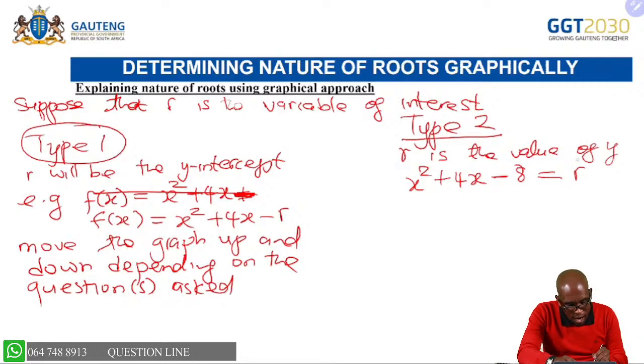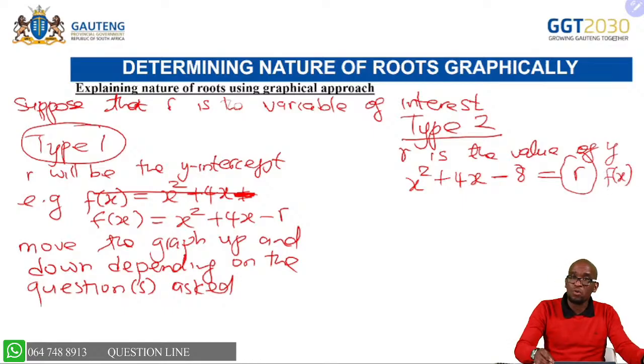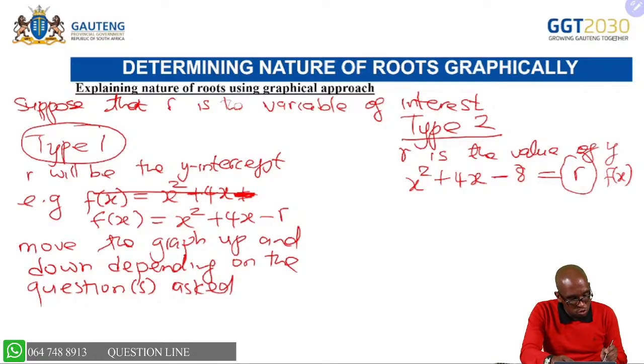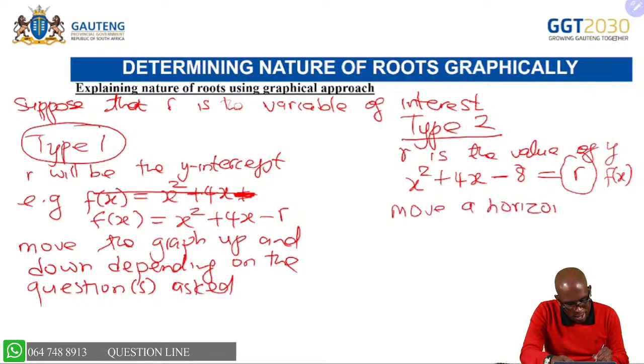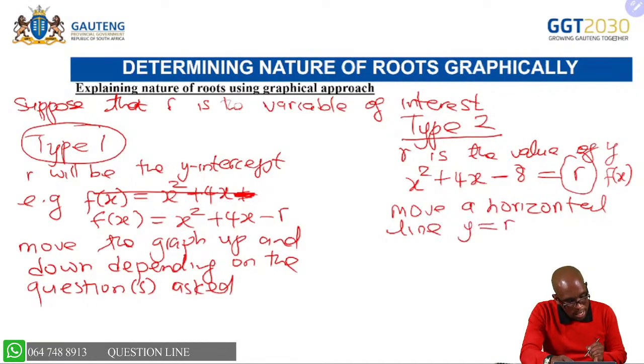You see now, r lies where we had f of x, or where we had y. So here we are going to be moving a horizontal line, y is equal to r, up and down,